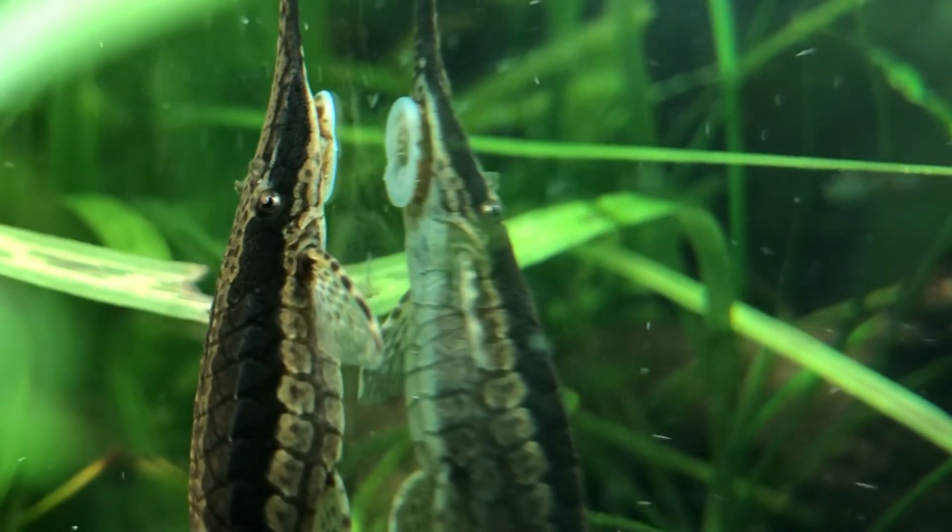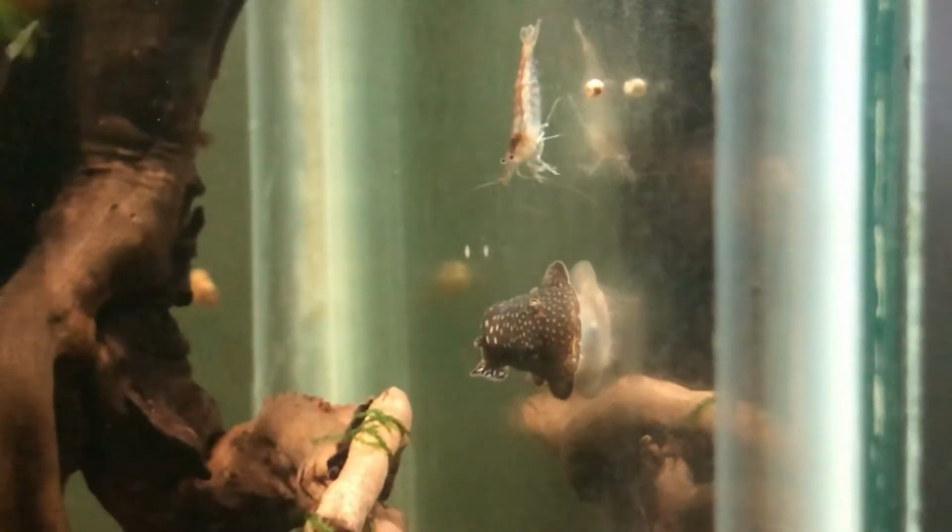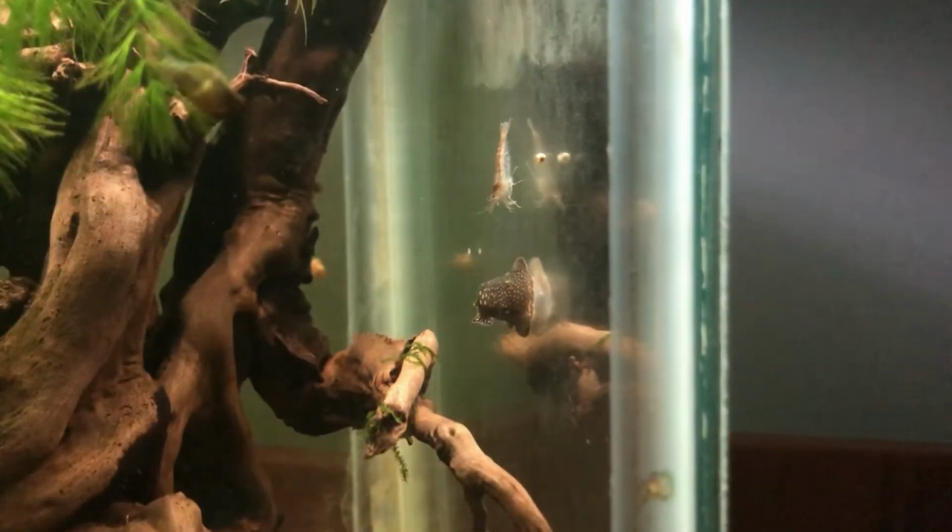So the cucumber I'll put in, the snails will immediately just cover it, and the problem with that is the Autocyclists are mainly going to be going after the softest parts of the cucumber, but so are the snails. So I might just move all the snails into the 10-gallon. That might be the only solution, and then maybe if it gets really bad, the Borneo loach will have to go in the